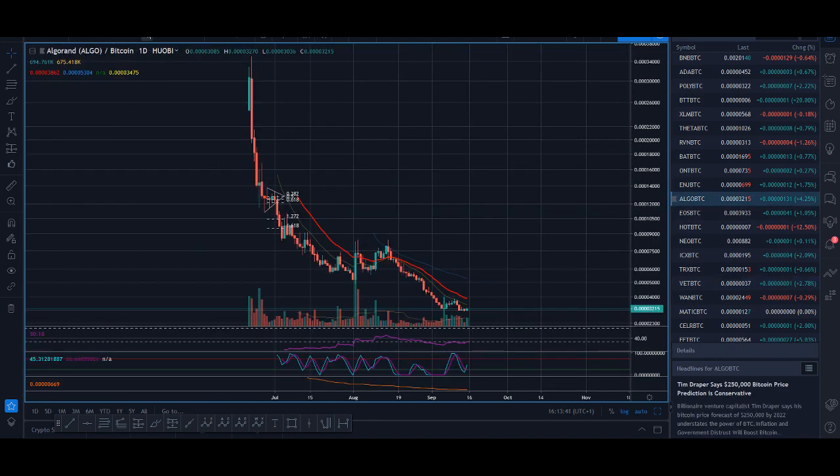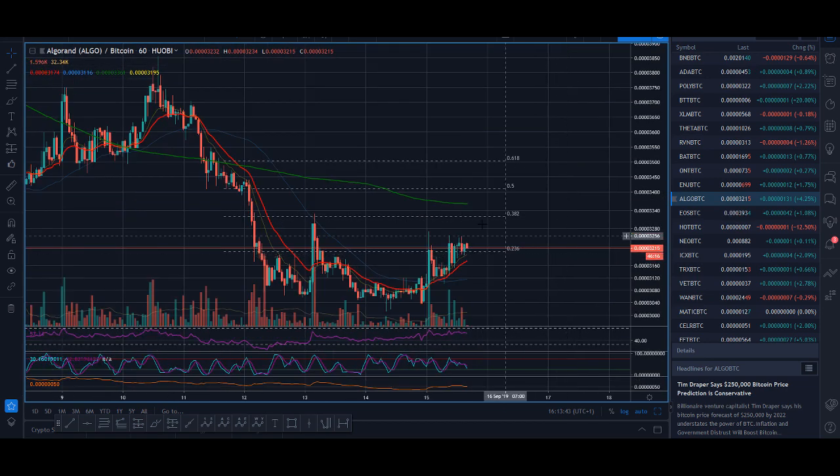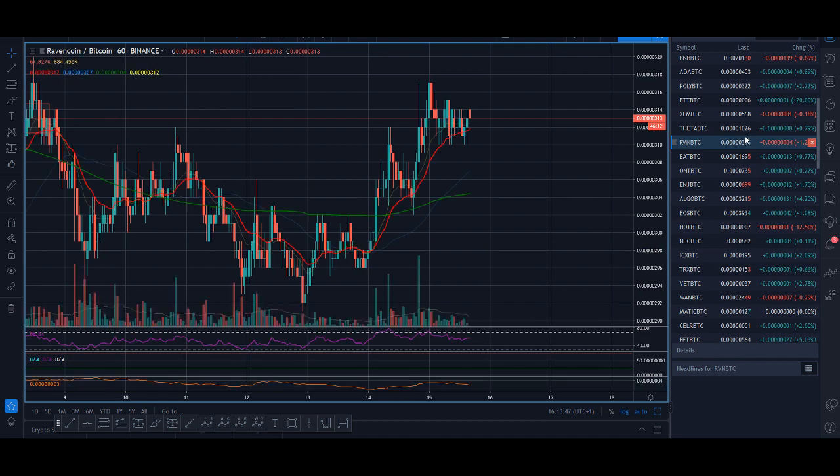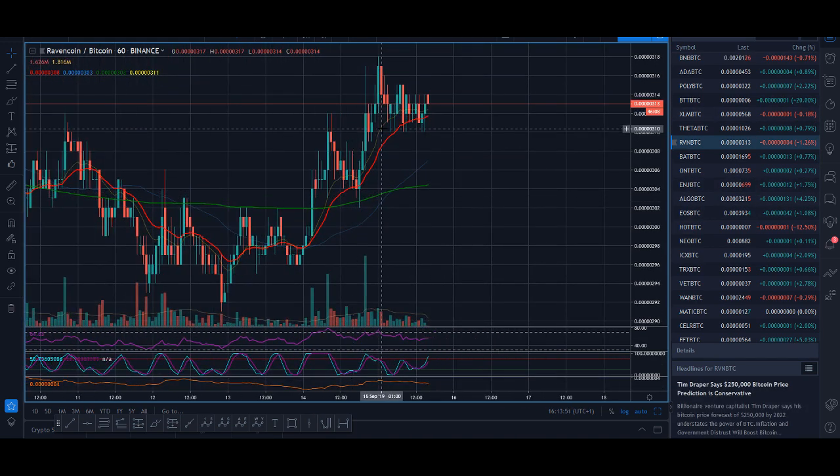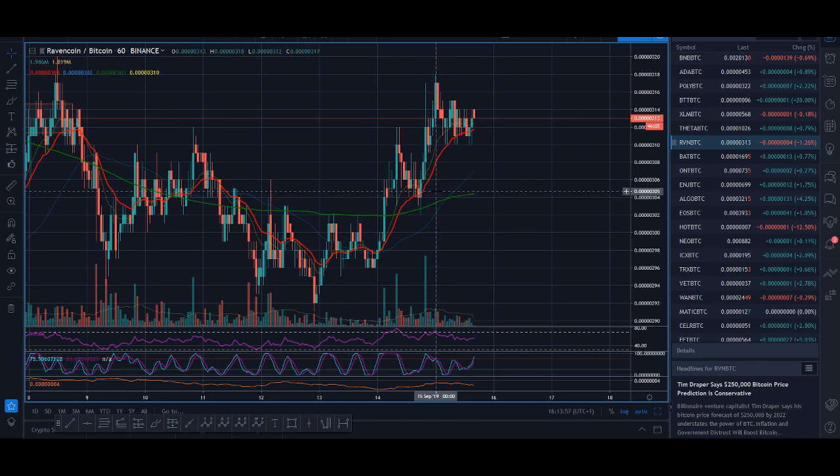I've told you the coins that I'm interested in. Algo is a coin that I'm looking to trade. If it breaks out above there, I'm going to buy. I've talked about RVN, which had a great setup. I missed this setup, but this was a nice setup. Pull back to my moving average, and boom, this was a really nice setup trade.